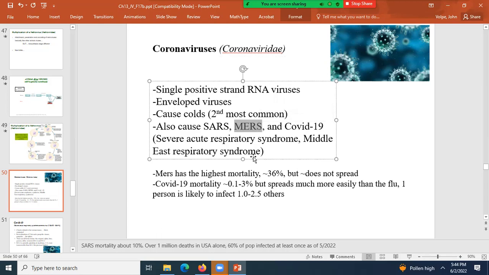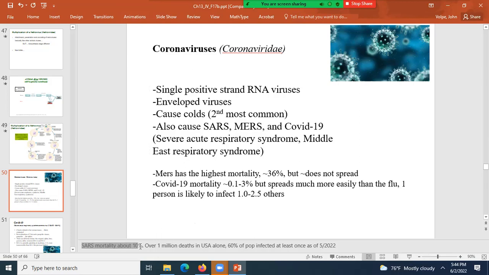And the mortality rate of MERS is around 36%. SARS has a less high mortality rate. The mortality rate is around 10%. If you remember, SARS was a disease, I think it was 2003, the first time it appeared. And I don't remember, it's appeared one other time. Both times it appeared in China from the